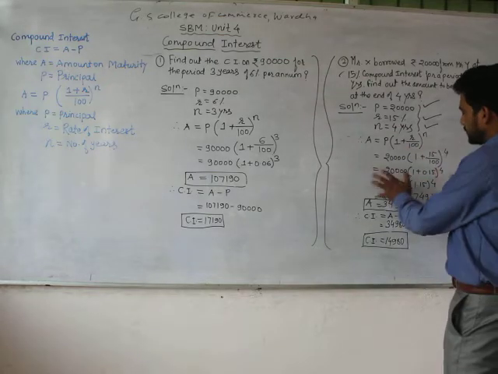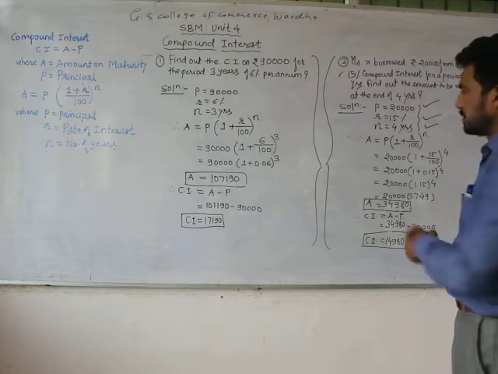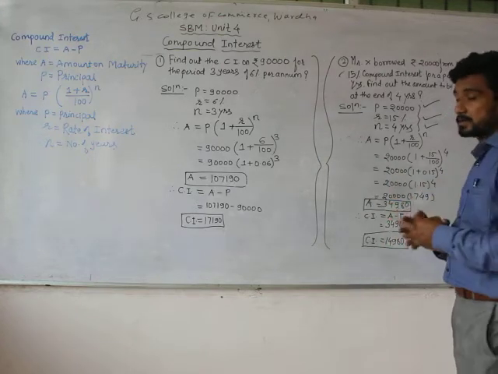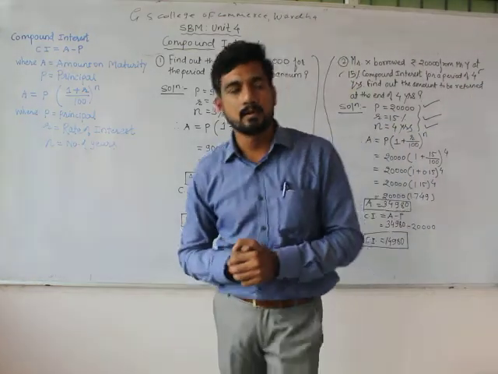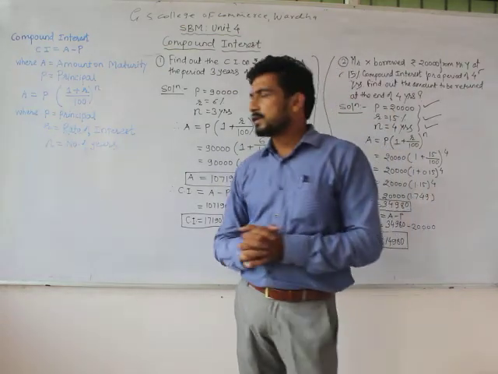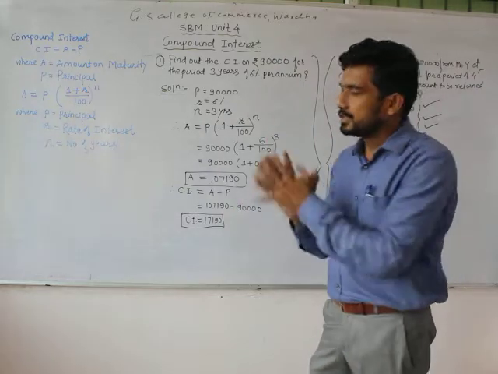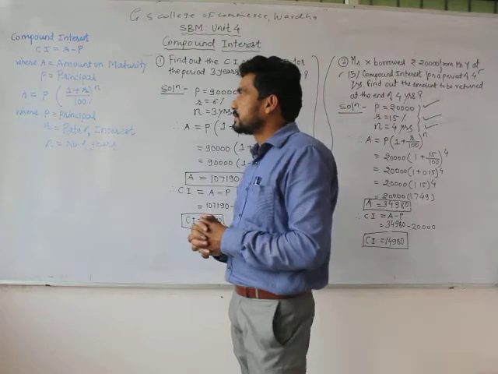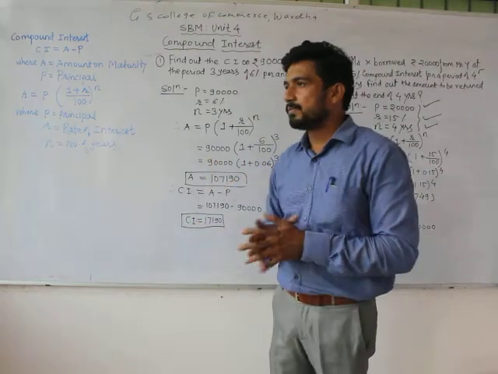So there was a correction in the calculation, but once again it's a simple thing. You can do the calculations properly, as I told you, by solving the problem in proper arithmetical sequence. These are the two problems specifically on compound interest. In them, first we have to calculate the amount on maturity, and then calculate the compound interest from the amount on maturity and principal. I hope you understand compound interest properly.